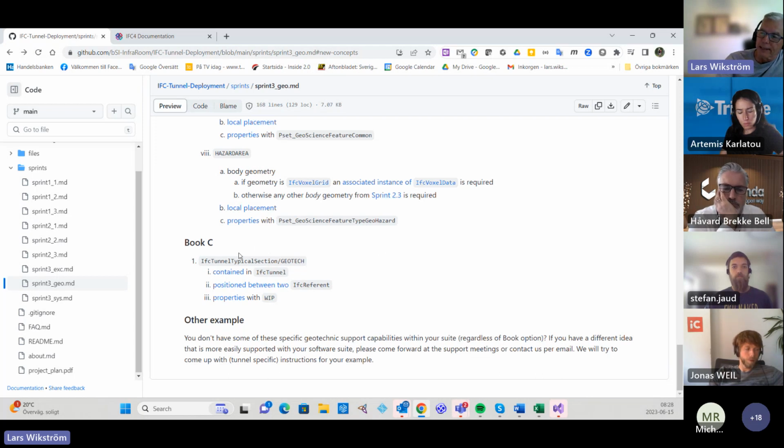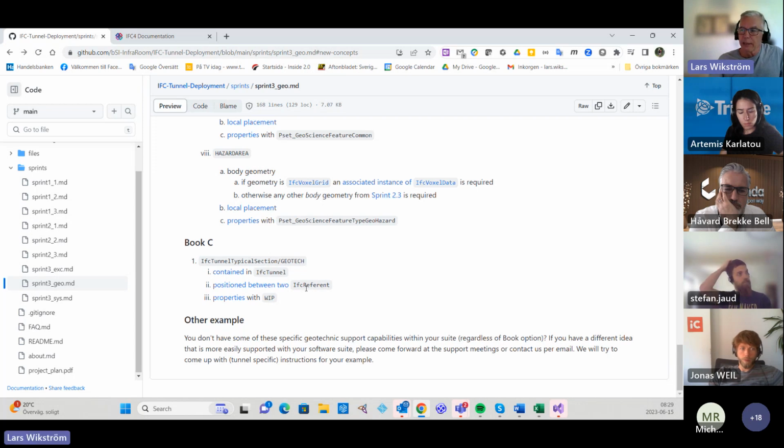And what is special about this is that it should be positioned between 2 references. So this is actually something that we describe. It is defined from here to here along the alignment. So it's a linear subsection of the tunnel alignment